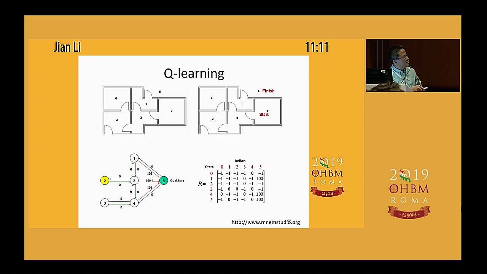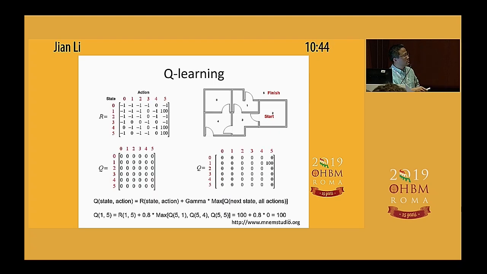Starting from the very beginning, the state here, 1, 2, 3, 4, 5, labels the names or the numbers of different rooms. You can take different actions. For example, if you're in room number 1, just by going to number 5, you exited the room, and then you can artificially assign a big reward that encourages people to go from room number 1 to outside. Following the same mechanism we just talked about, you can easily see how this Q-learning model